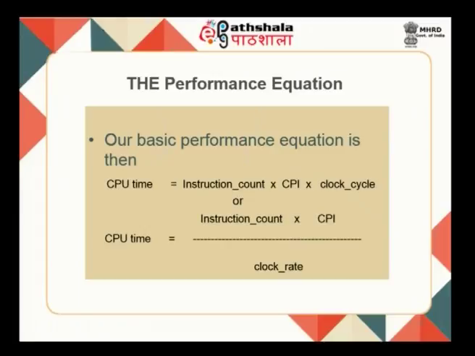So, our basic performance equation can now be defined as CPU time is equal to instruction count into CPI into clock cycle time, or instruction count into CPI divided by the clock rate. This is the fundamental performance equation, and this is a very, very important equation. So, if you have to improve the performance of a computer system, or in turn reduce the execution time of a computer system, reducing any of these factors will reduce the execution time